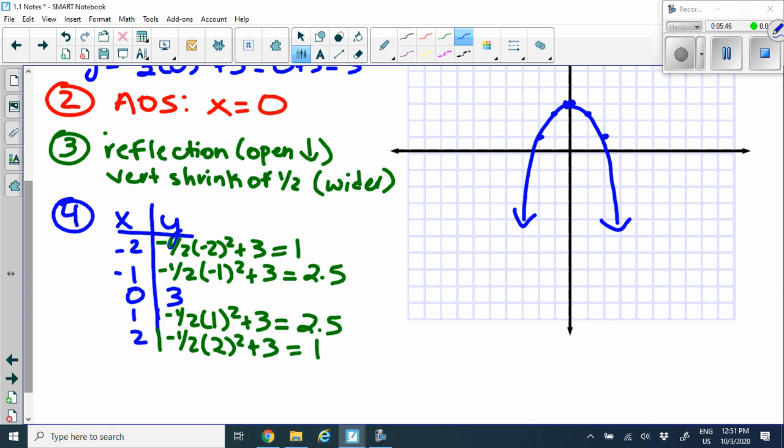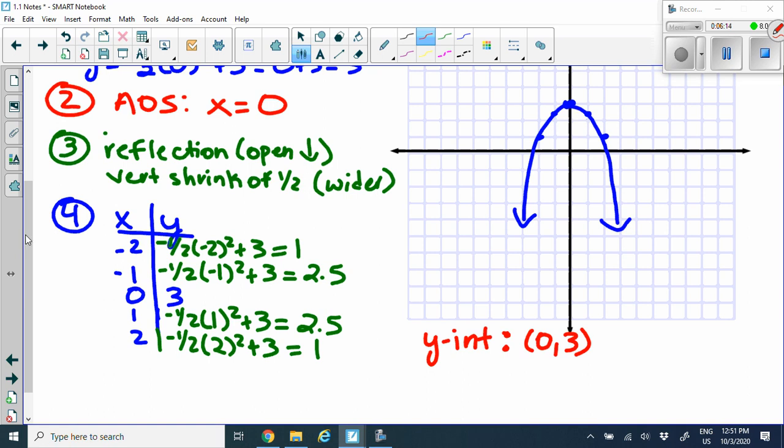Now, one thing I want to talk about is the y-intercept. Okay? So y-intercept, what does that mean to you? Well, the y-intercept is basically where the graph crosses the y-axis. Here, we can clearly see from the graph where it crosses, okay? But what if we wanted to just use our equation? So we know our y-intercept here is going to be (0, 3), because that's where the graph crosses the y-axis